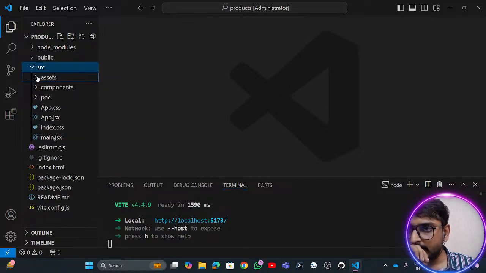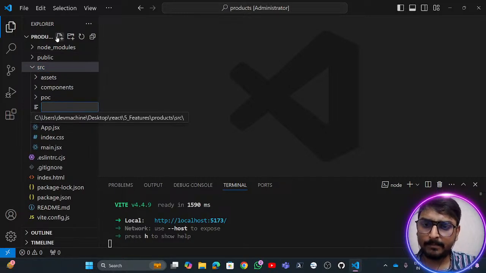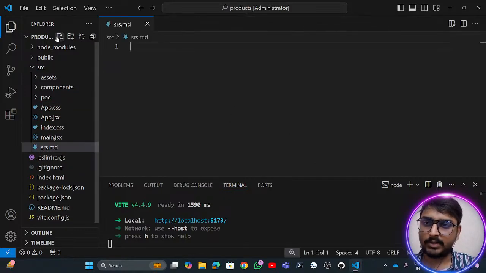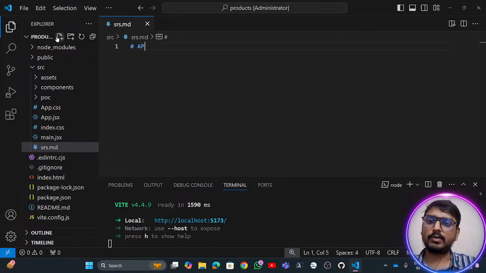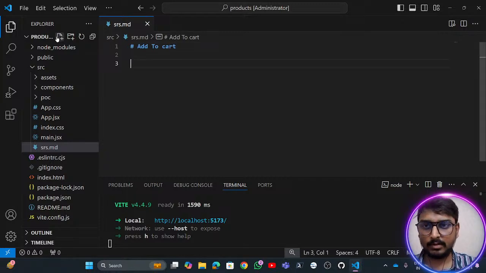I'll say in source, I'll create one file, srs dot markdown page. Let's write what we are going to do. In this session we are going to implement add to cart. It has multiple important things to be noted, which is whenever we say add to cart is added,